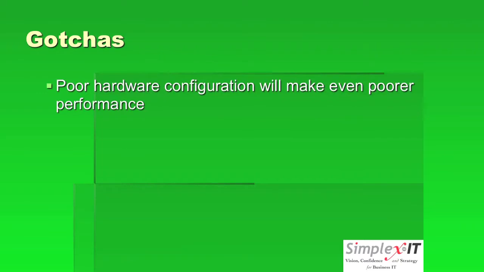Of course, there is always a gotcha, no matter what you do. There's no such thing as a free meal. You could potentially have a bunch of virtual systems running on a server. If you try to use poor hardware, too slow a processor, not enough memory, not enough hard drive space, the wrong kind of hard drive space, those errors up front can dramatically impact all the virtual machines down the road. If you don't put enough processor in there and you try and make each of your VMs solve folding proteins, well, that whole system is going to just cry because it can't